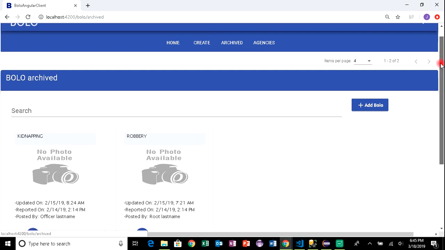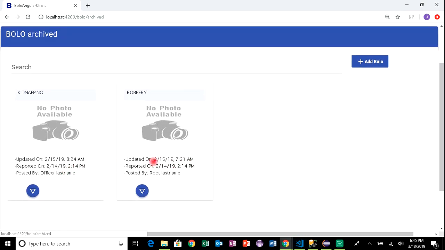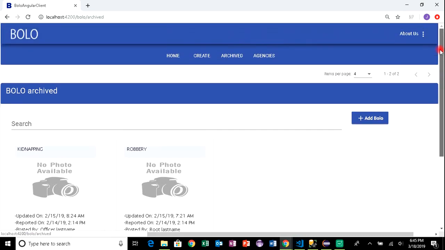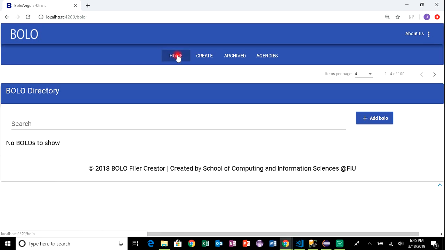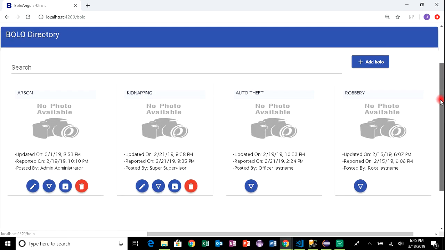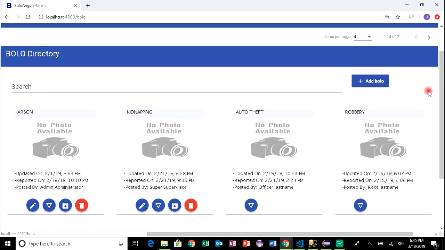Both of these are not within the same agency as the supervisor, so they only have the ability to view them. You can also see that as a supervisor, you do not have access to the admin dashboard, so you do not have admin capabilities. So that is basically a rundown of the supervisor or tier 3